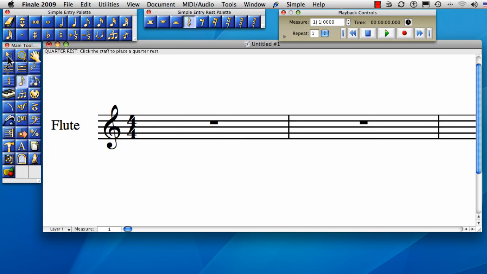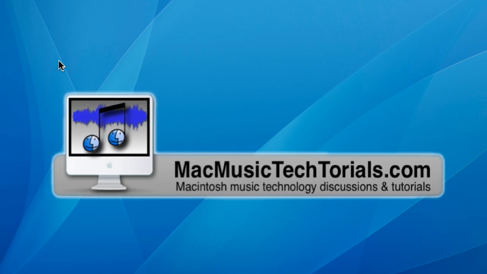If you want to make faster entry time, one thing that you could do is utilize an external MIDI keyboard or an external MIDI device. Now, even if you have a MIDI keyboard or several MIDI instruments, they might not work right out of the box with a program like Finale. So in order to understand this better, let's take a look at the Mac Audio MIDI Setup utility that's located